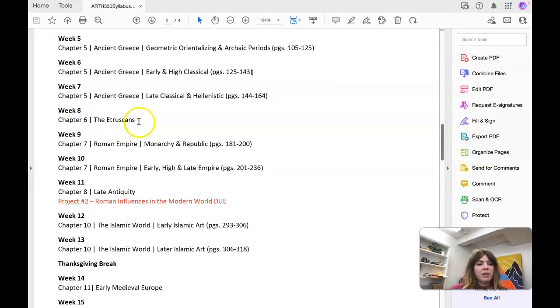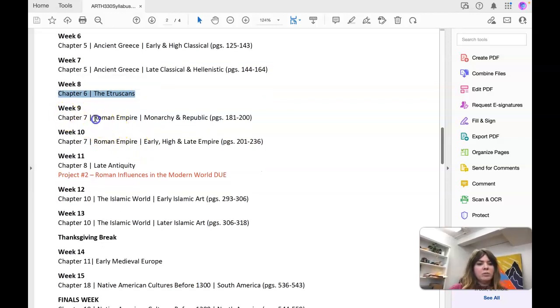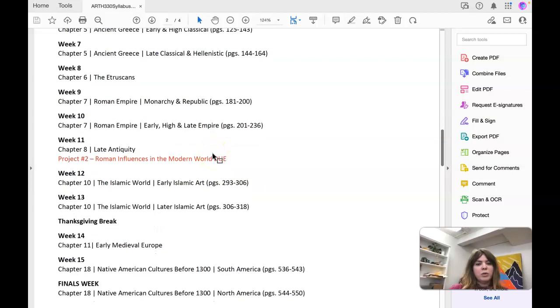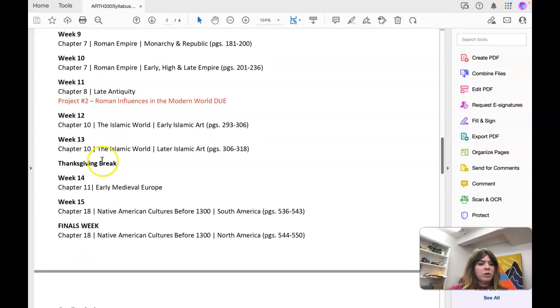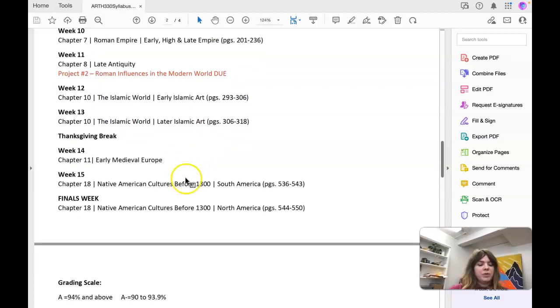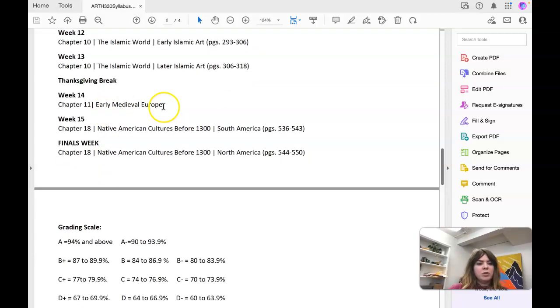Week 8 is back to 1 chapter over the Etruscans. And then week 9, the Roman Empire, is quite a lengthy chapter as well. So I split that into 2. So week 9 and 10 are the Roman Empire. Week 11, late antiquity. Week 12 and 13 are over the Islamic world, so early Islamic and then later Islamic. Then we have our Thanksgiving break, and then we have the early medieval Europe chapter,